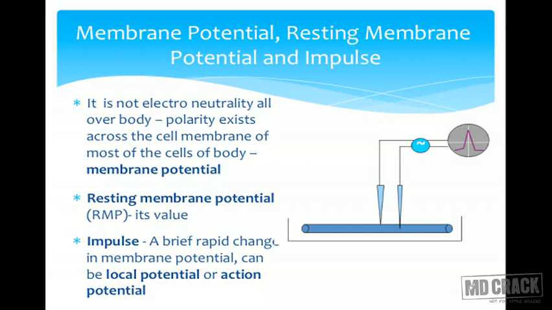Now what is the meaning of minus 70 millivolt? Inside is negative compared to the outside, and the value is 70 millivolt. What will an impulse actually do? An impulse will cause a brief, sequential change in the membrane potential. Now, brief means for a very short time. Sequential change means